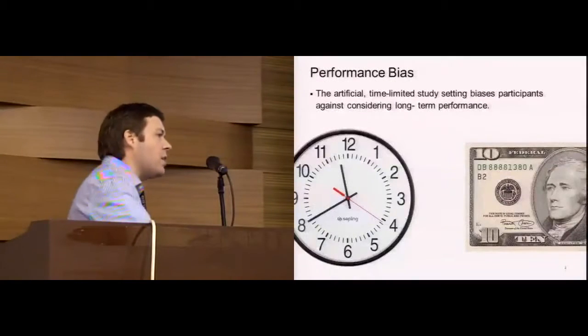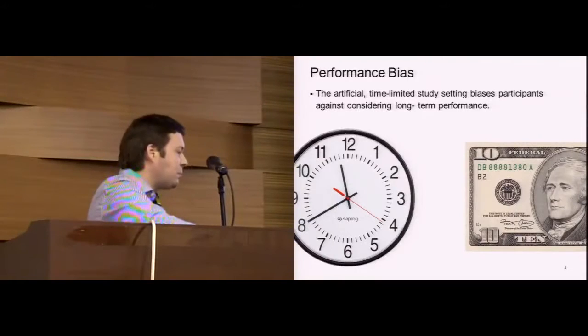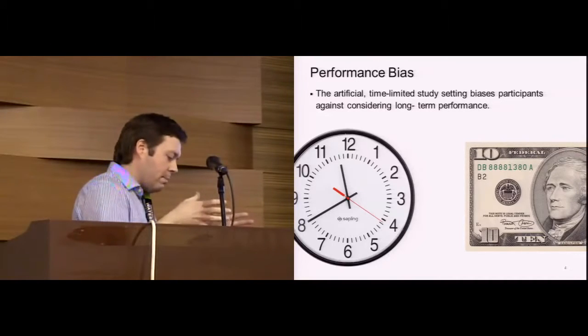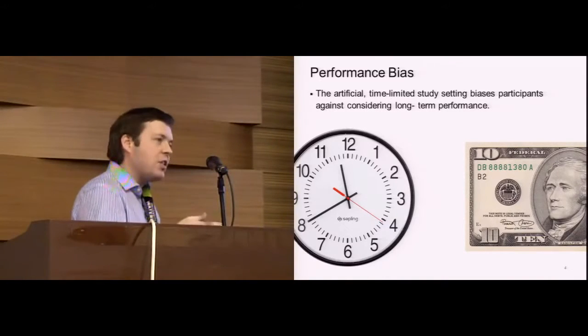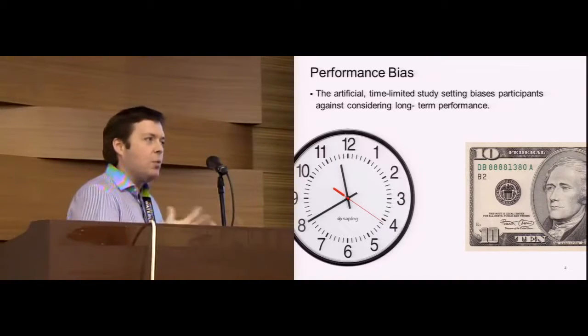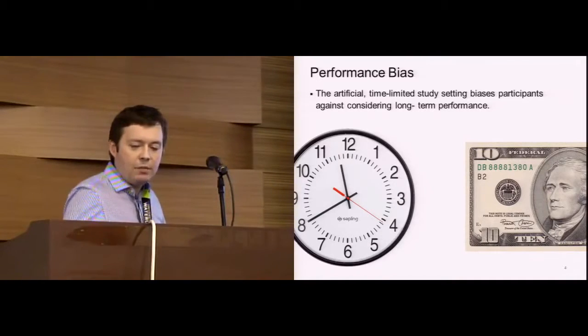The other bias they talk about in the paper is something called a performance bias. The idea behind performance bias is that when you get people to perform a study over a short period of time, they may choose to do something that doesn't make sense if they're going to be performing the action over a longer period of time. In this case, they may create gestures that are larger in scale than you would want if you were going to be performing those gestures for a much longer period of time.